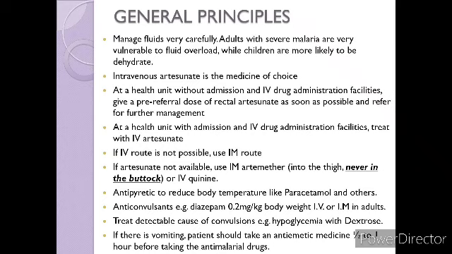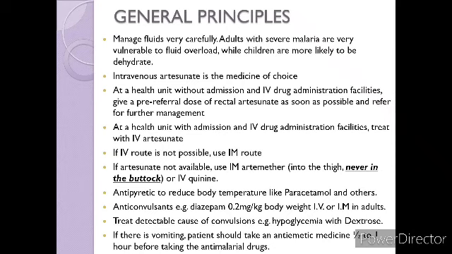Another one says, at a health unit with admission or IV drug administration facility, treat with IV artesunate, which is the first line drug. Then if IV route is not possible, use IM route. If artesunate is not available,